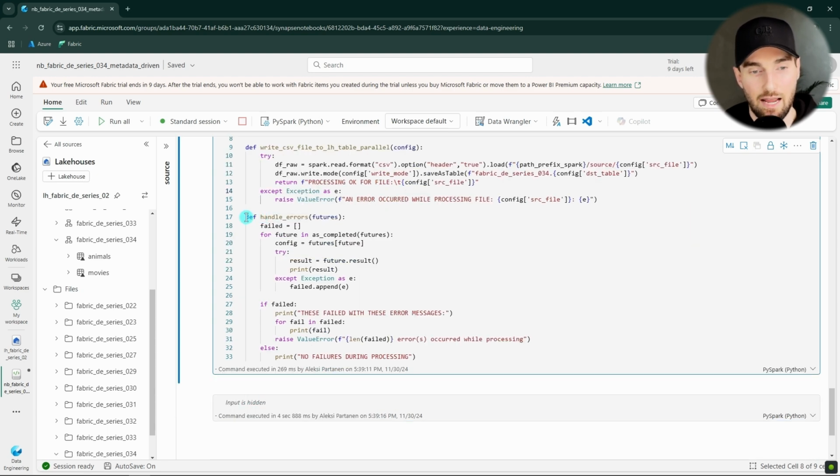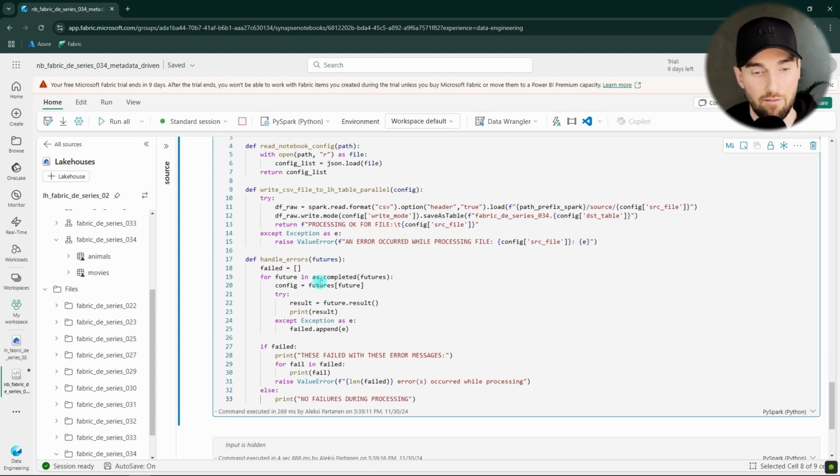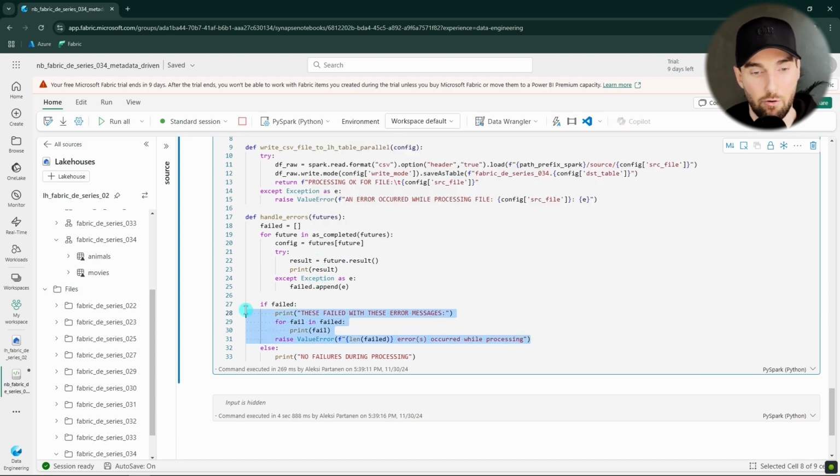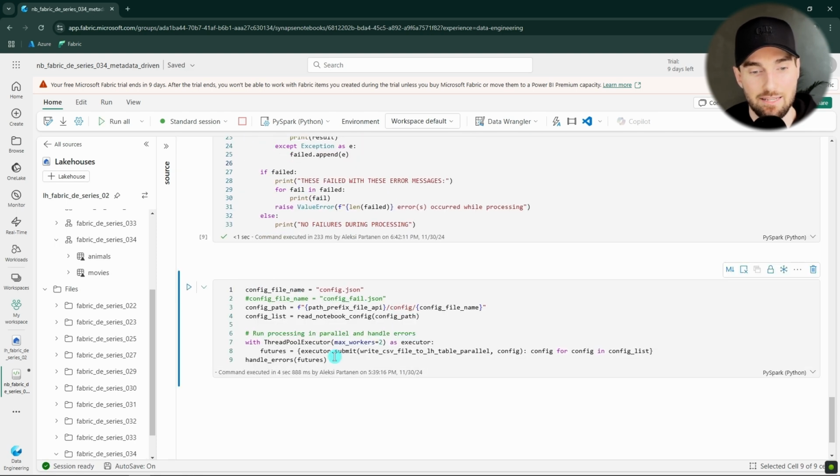And for that, we have this handle errors function that will go through the result of our concurrent futures processing, check whether we had any errors, and then print out those errors if we had any. But we will see shortly how it works. Let's run these functions so that they are defined, and then let's check out this last cell here. Here I'm defining the config file name, and the reason I'm defining it here is that I'm going to change it shortly to another config file that has an error in it so that the process will fail,